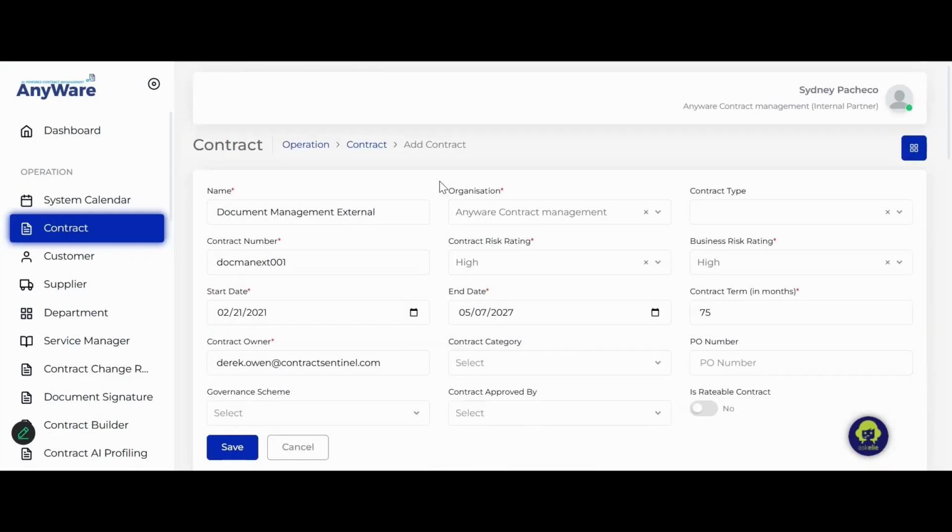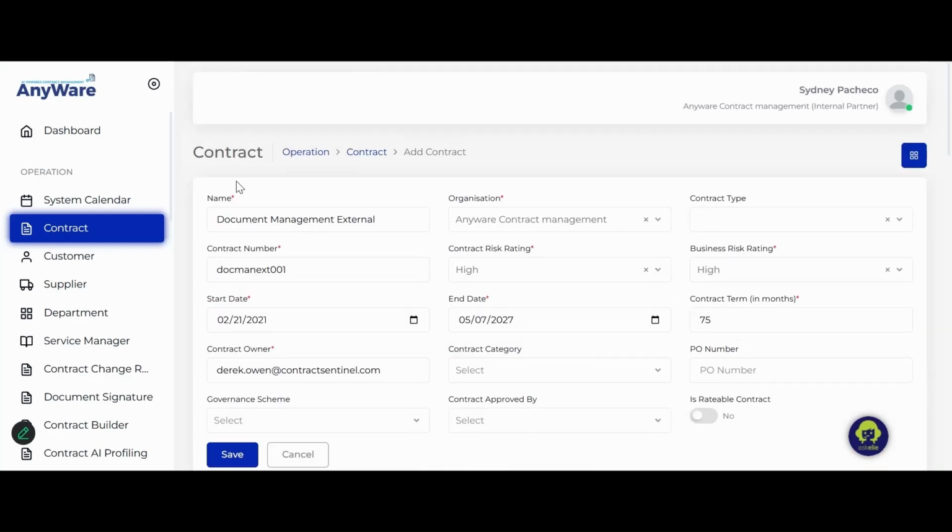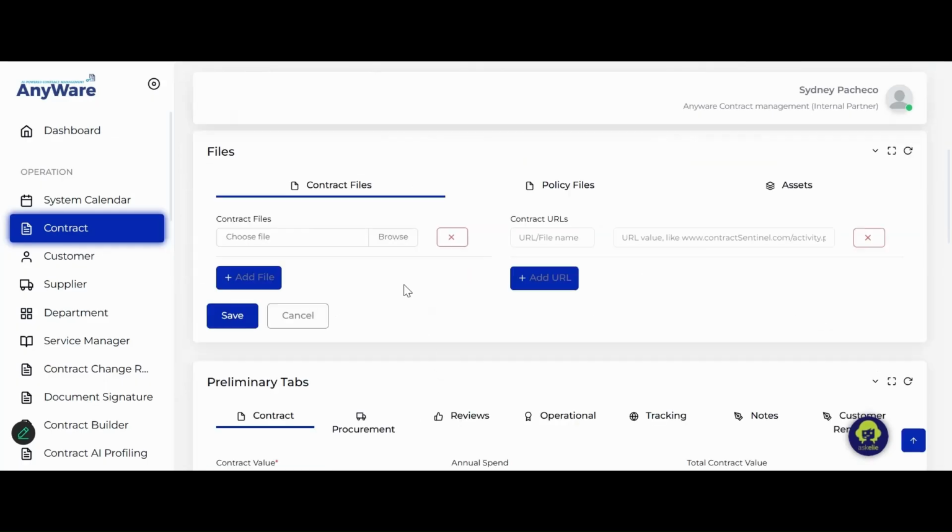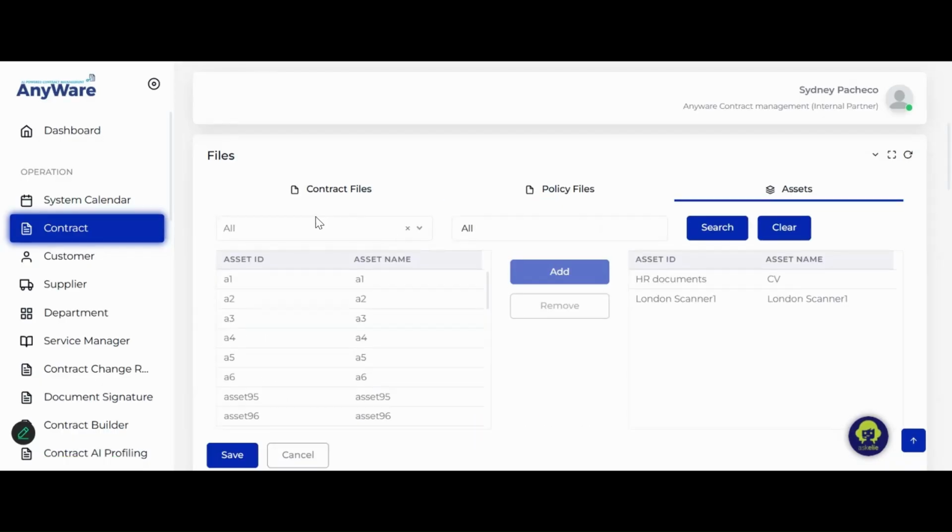And as you can see, it'll bring you to this page here under the Contract tab. It'll show you just the overview of general details about the contract. If you scroll down, you can look at any contract files, policy files, and assets. So all of these assets that show up here can be pre-configured by an admin within the admin